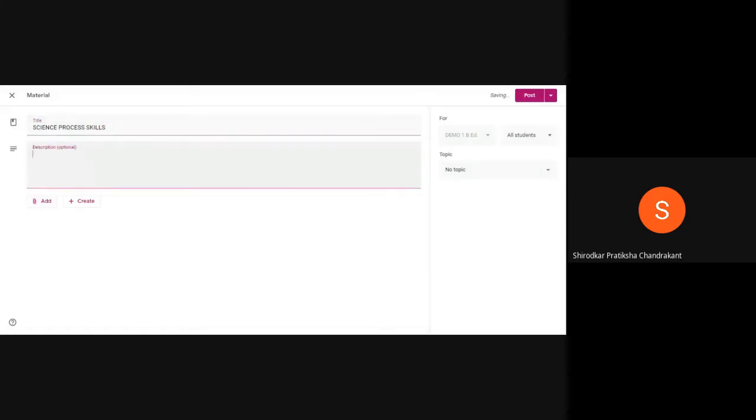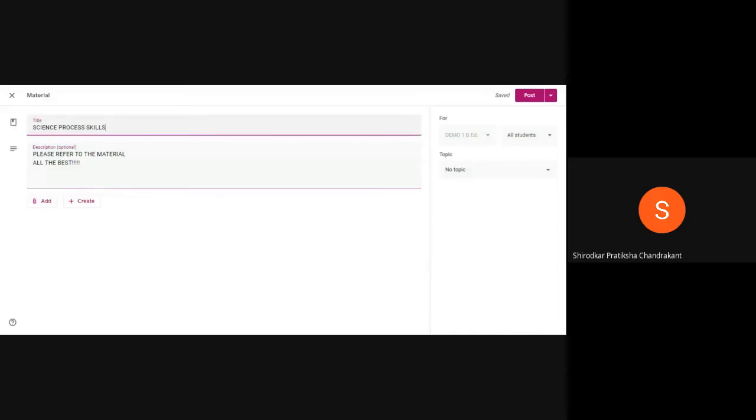Okay, this is the title of the material which I want to send, and I can also add details or a description related to this particular material. I want to say, please refer to the material, and I want to wish them all the best for the exam. I can type anything. It is optional. It is not mandatory that you fill in this space.